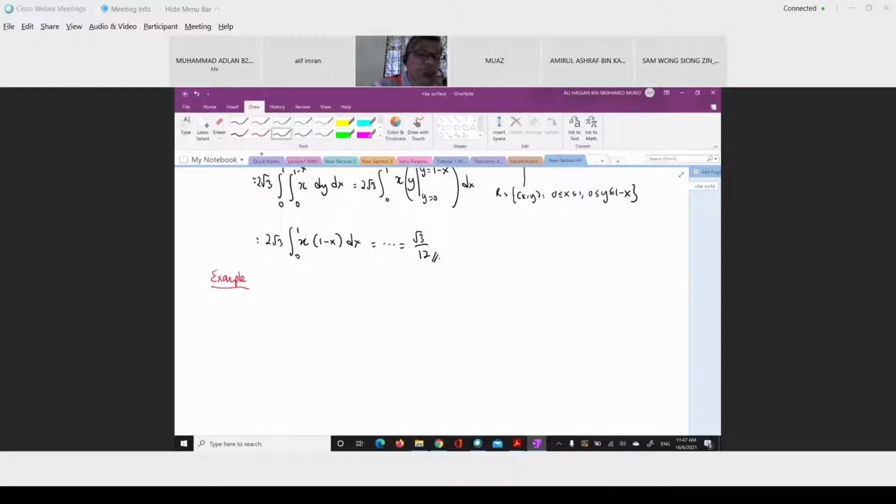Evaluate this surface integral of 1 plus z dS, where sigma is a hemisphere,